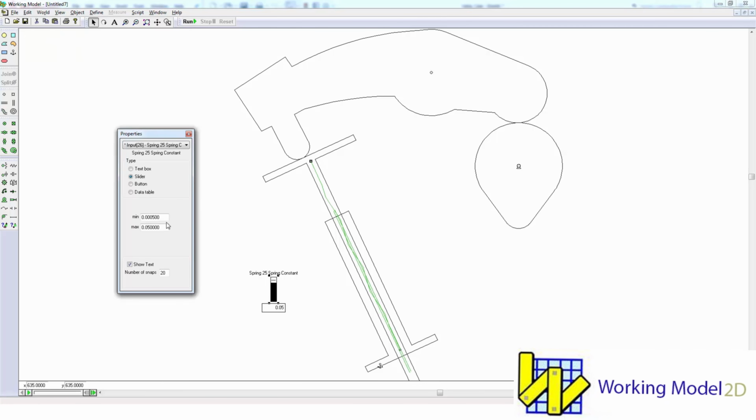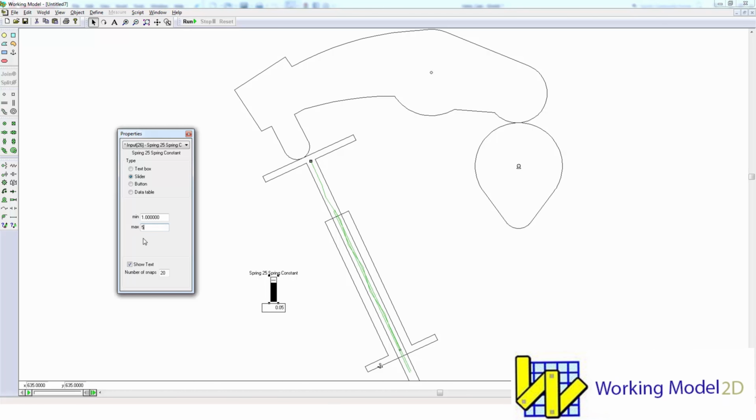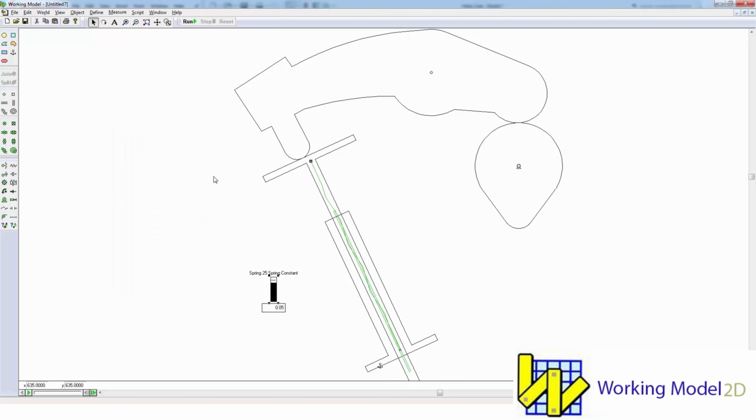I'm going to double click the slider and set the lower and upper bounds for it. We'll say it has a maximum of, say, 50 newtons per millimeter. And then for the increments, we'll choose 49, which will give us 1 newton per millimeter for every increment of the slider.